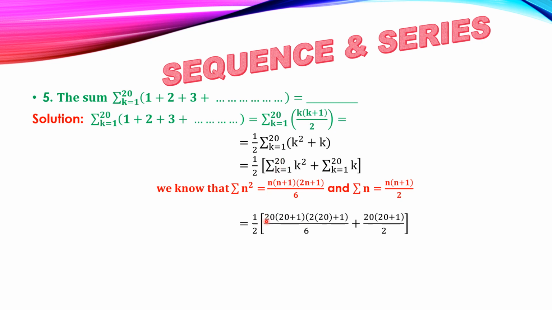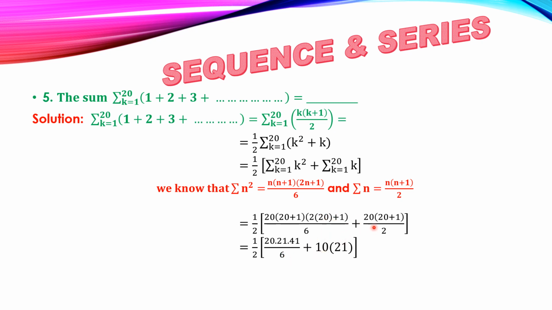So substitute the value 20 in the formula: 20 into 20 plus 1 into 2 into 20 plus 1 by 6, plus similarly n into n plus 1 by 2, that is 20 into 20 plus 1 by 2. Therefore 1 by 2 into 20 into 21 into 2 into 20 plus 1, that is 41, by 6